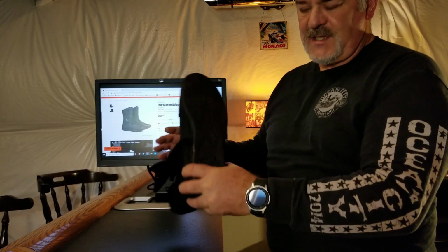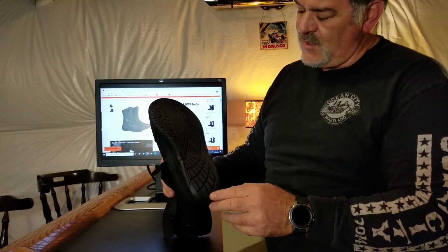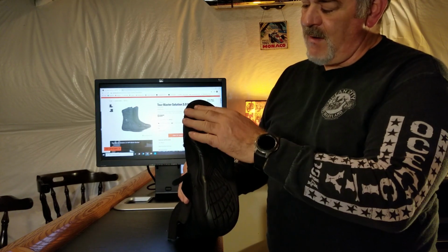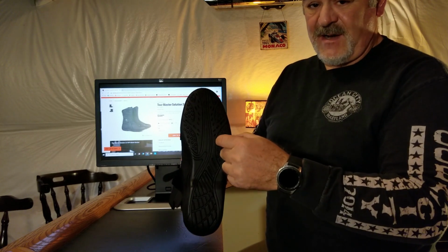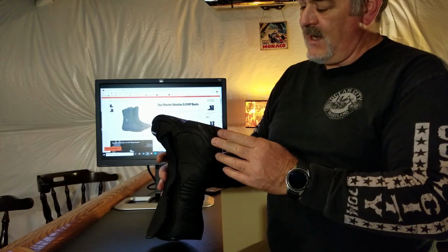The sole isn't anything all that remarkable, other than it is supposed to be oil resistant. It's set up for traction. I don't expect these little dots to be on there for too long. After a lot of stop and go, they'll probably wear flush, but they are surrounded by a recessed area, so as everything else wears, they'll wear as well. So you'll at least have those little pockets where you're going to get down to the ground through the water. And it looks like they're also made to sipe water out